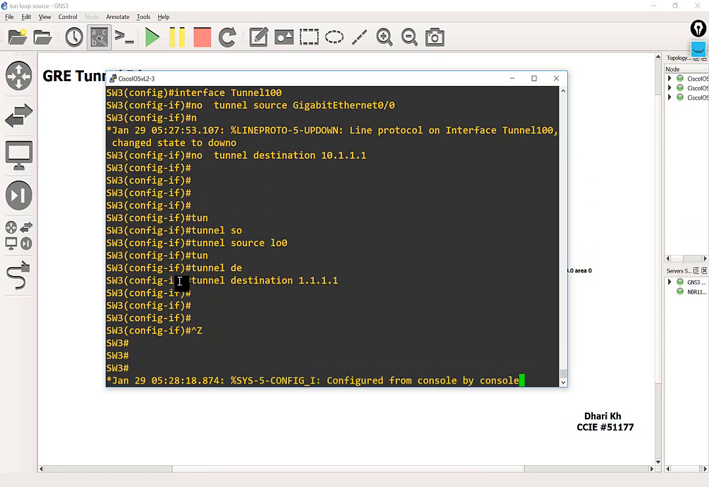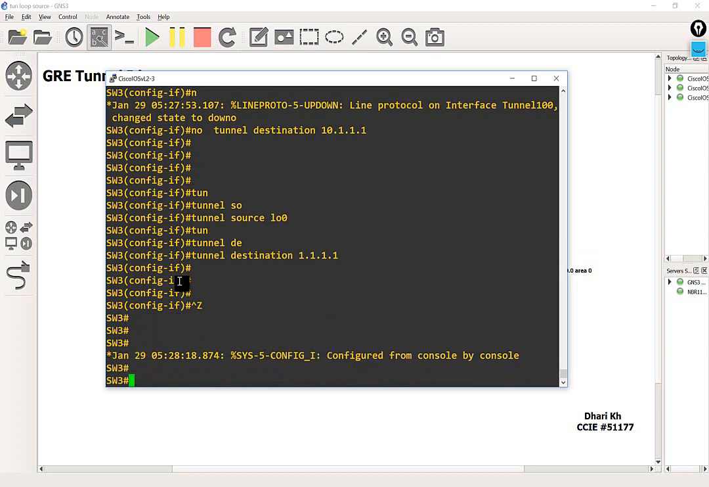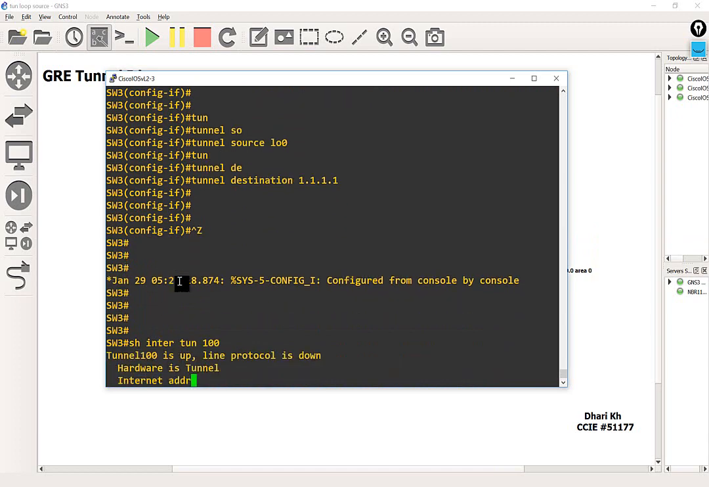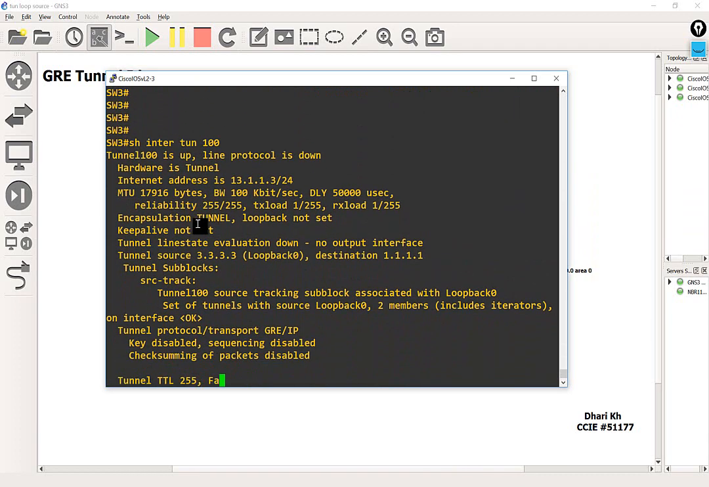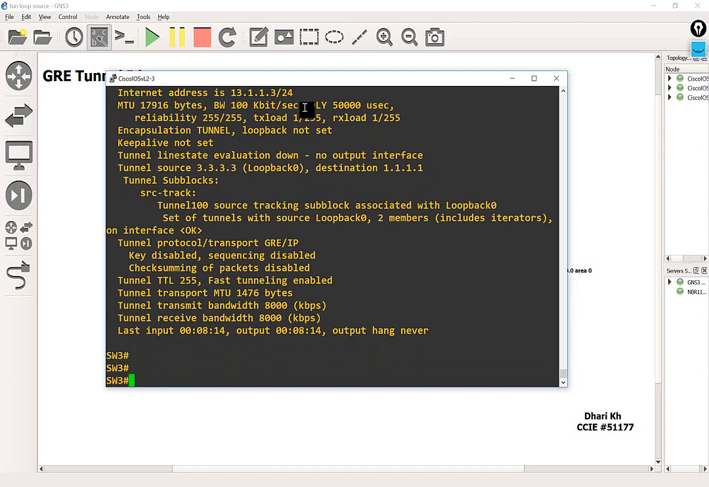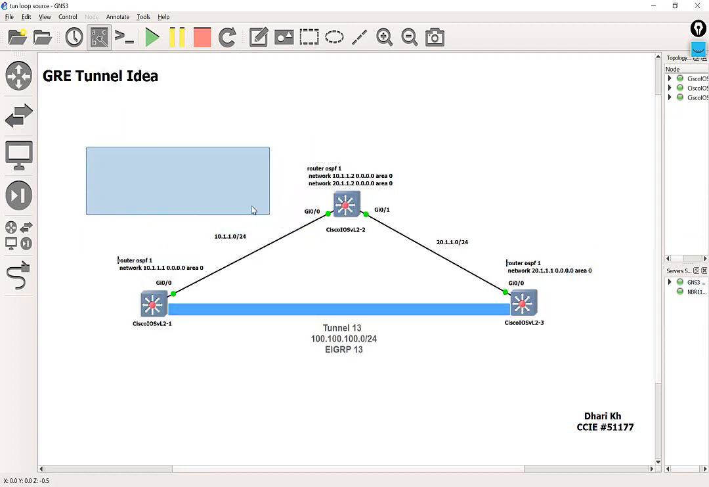Unfortunately, the tunnel is not up at all because we need to add something. Let's check it out. Show run or show interface tunnel 100. The tunnel here is up. I mean, the tunnel is ready to use, but unfortunately the protocol went down. Why? What's the issue? The reason the tunnel went down